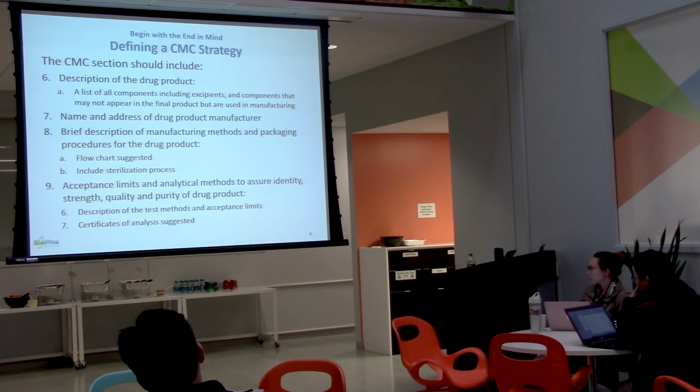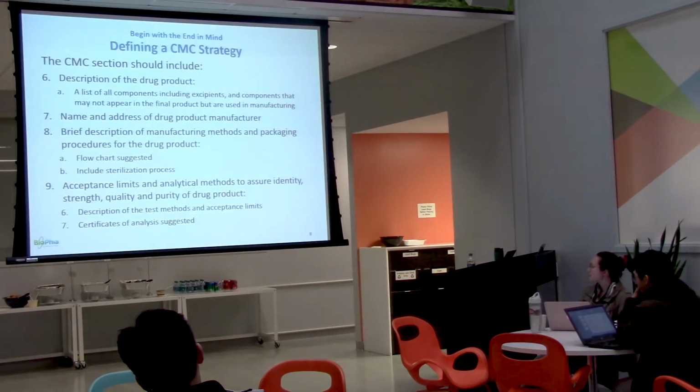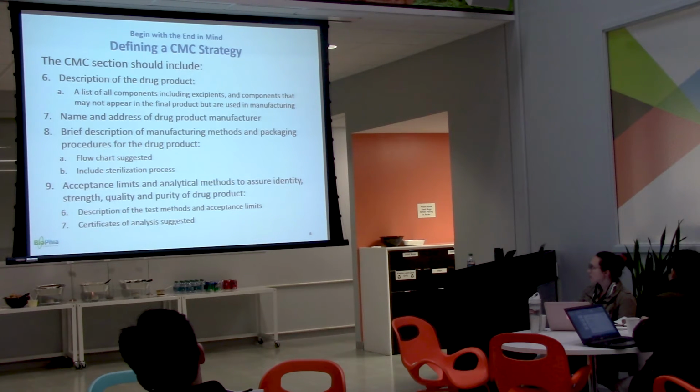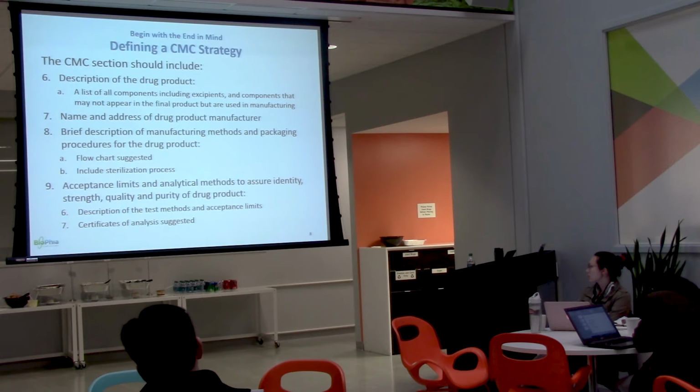So we go from the drug substance, the active pharmaceutical ingredient, to the drug product. So now you change things by adding excipients, for instance, buffers and things to stabilize it. And then you're putting it in something. You have a container of some sort. And you list all the components that may or may not even appear in the final product. Right? So there could be solvents that were used in the manufacturing, or solvents that were used to close the container, or so forth.